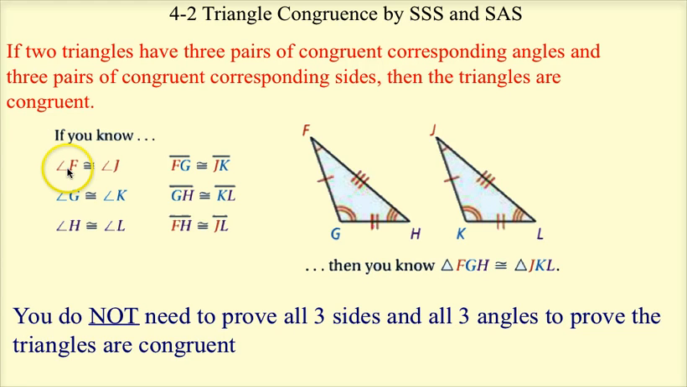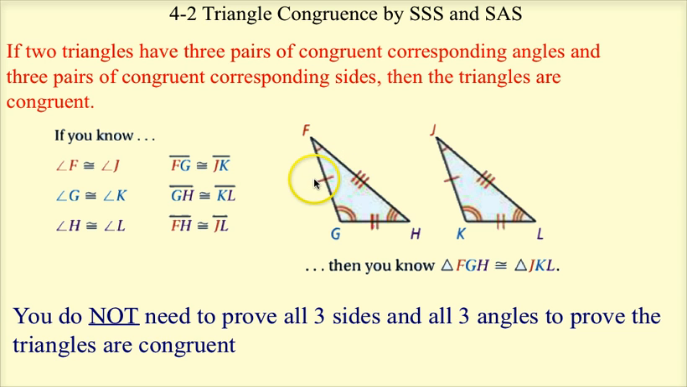So basically, if you know that all three corresponding angles are congruent, so F is congruent to J, G is congruent to K, H is congruent to L, and this is all color-coded so you can see what corresponds, but you can also tell by the picture. And if you know the three corresponding sides are congruent, so FG is congruent to JK, GH is congruent to KL, and everything's marked. The angles have these arc marks, and the ones that match up have the same number of arc marks, like F is congruent to J, G is congruent to K,